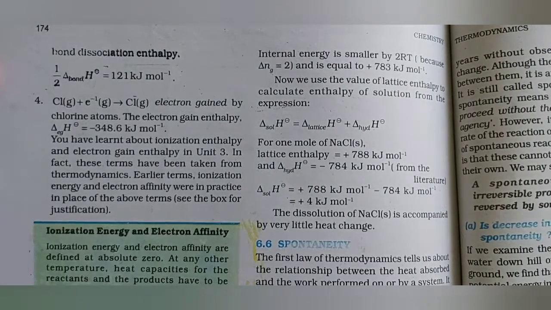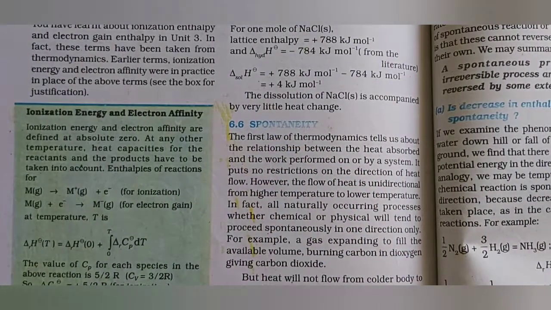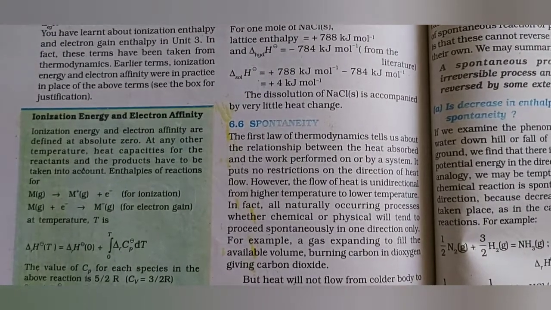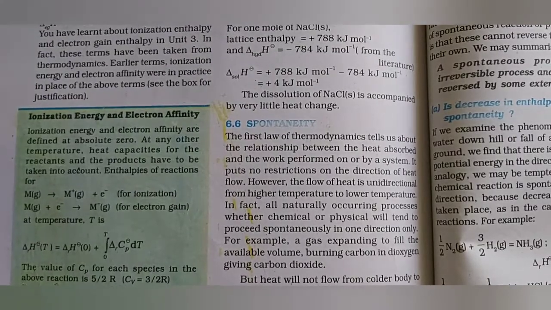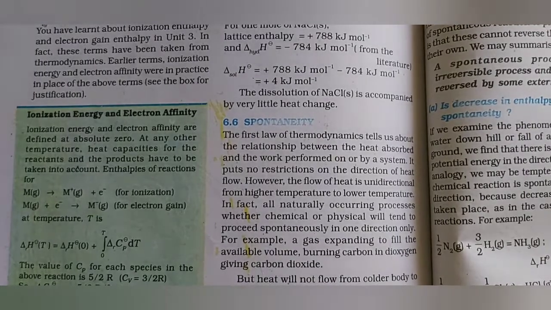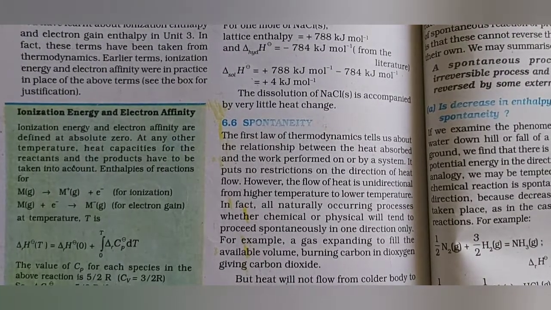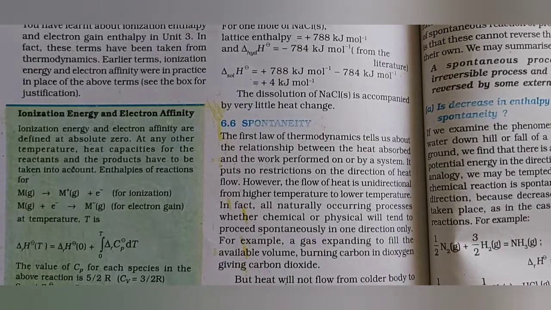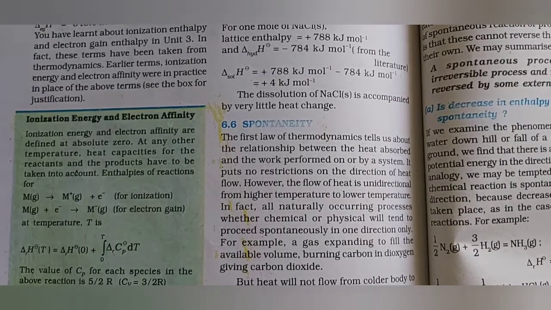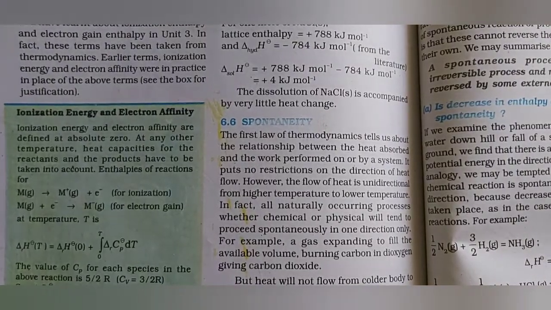Is it clear? Now, finally, we are left with the spontaneity of chemical reactions. First, what is meant by spontaneity, and which types of reactions are spontaneous? All these things we are going to see now. Let us continue our topic. Till now, we have completed different forms of enthalpies, and how we use enthalpy in solutions. Combustion is one type of enthalpy, formation is another. Even though the headings are different, these are all forms of energy only. Now let us see spontaneity.